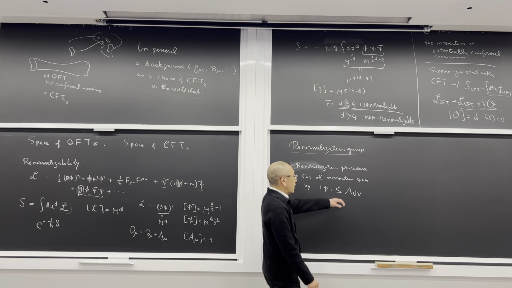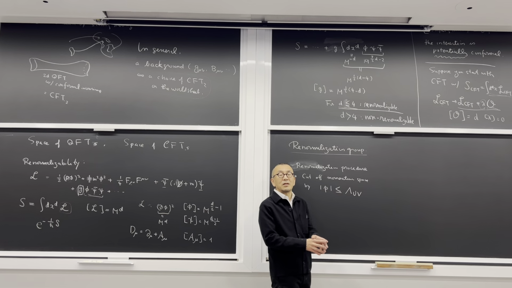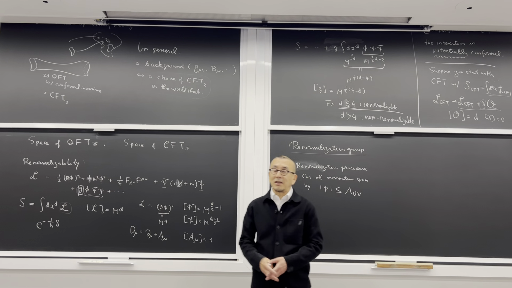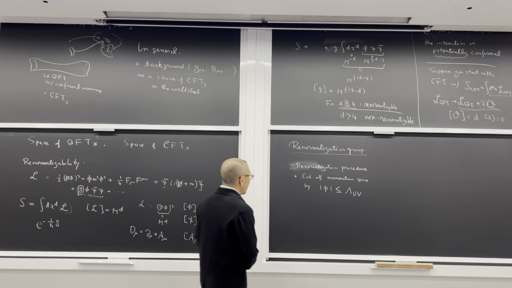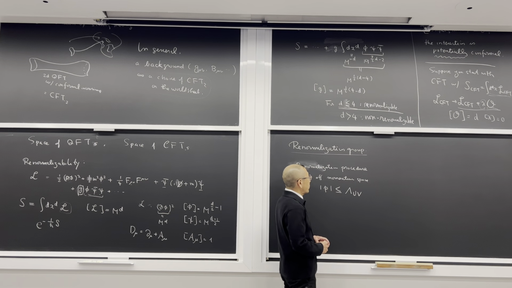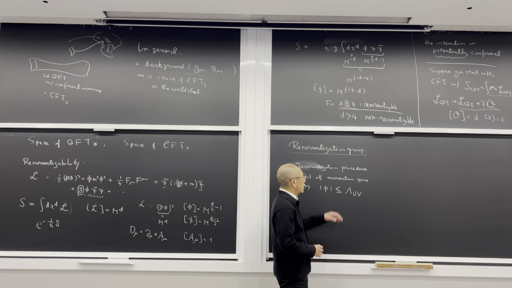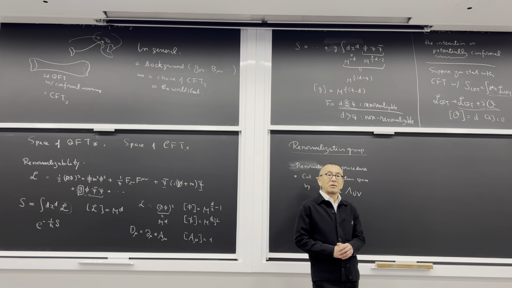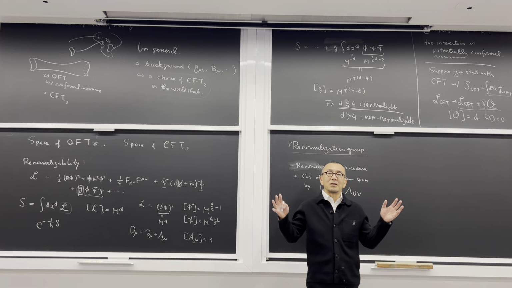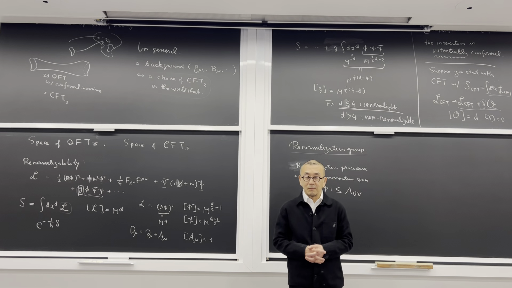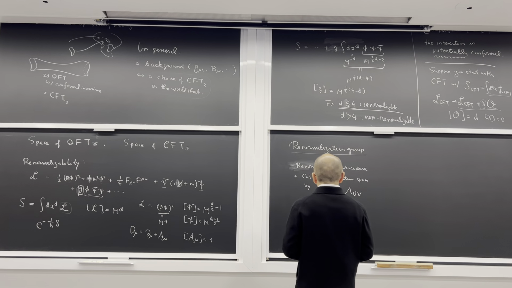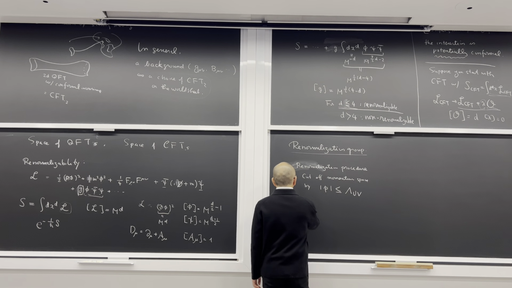Of course, eventually you would like to take this to be sufficiently large, so much larger than any energy scale that you observe. If you do that, typically in loop amplitudes, there are terms that are lambda dependent in such a way that if you take lambda to be infinite, all these terms become infinite and do not make sense. And in order to avoid that, what you do is to renormalize